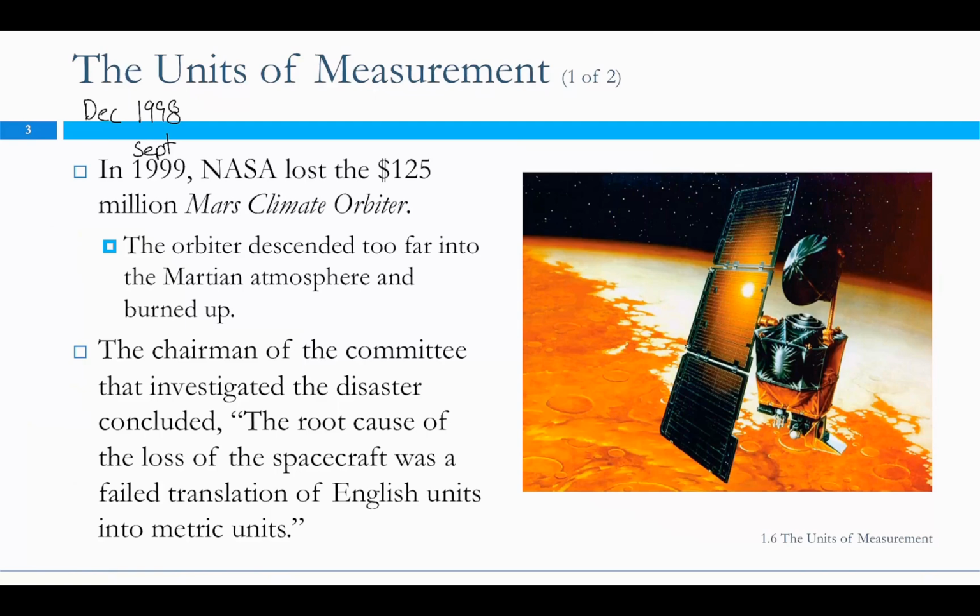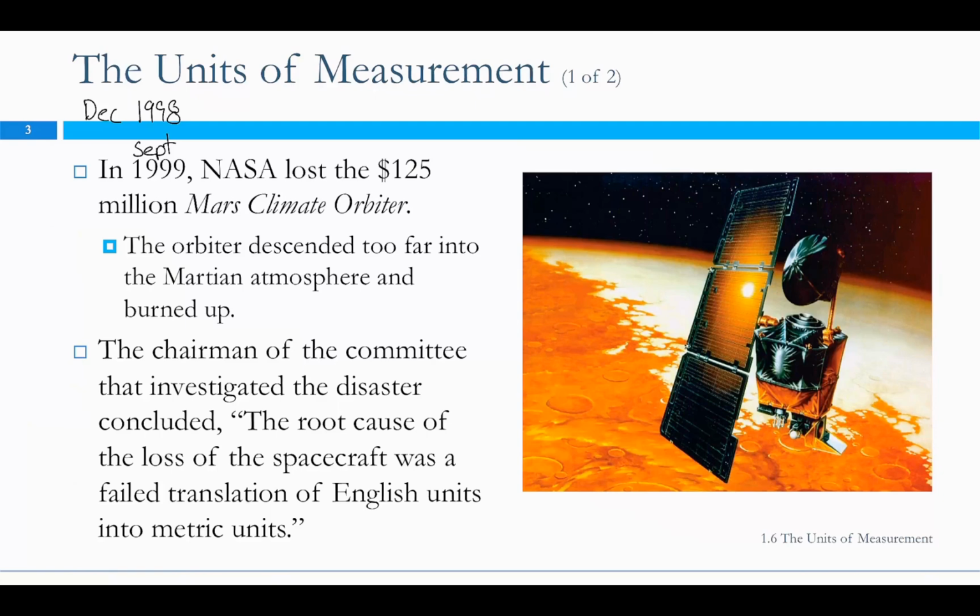So units are important. I just want to try and ground that in this story: it took 9.5 months, excuse me, for this climate orbiter to travel from Earth to Mars. And there were people the entire time waiting on the science that this was going to produce. But because of a unit error, it cost the whole project. In this class, it'll only cost you like half a point, but